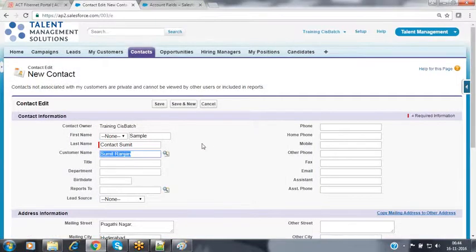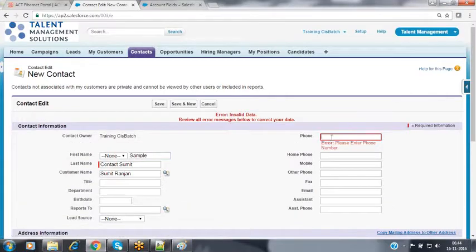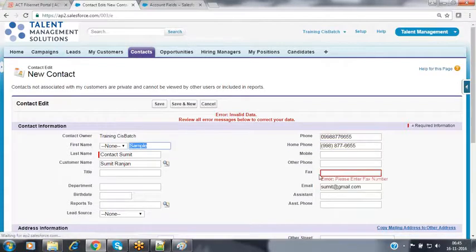Now I'm saving this contact record. It is asking to provide the phone number, and I'm entering an email ID, Sumit@gmail.com. I'm entering a fax number as well.